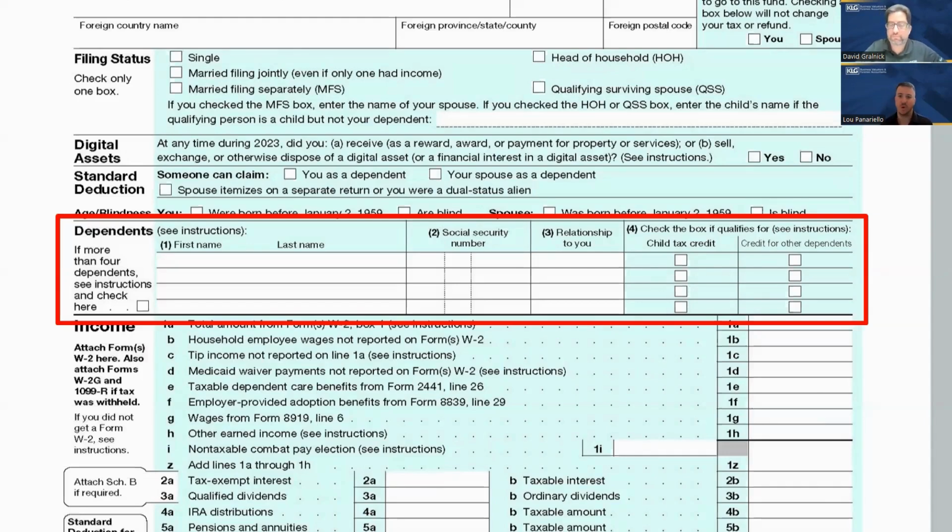Okay, so why is this important? Who's claiming the dependents? If you're filing separate tax returns, married filing separate, or the marriage is done and the divorce is complete and each party is filing a single tax return, who's taking the dependents? Both spouses cannot claim the same dependent. So if there's one child, you have to negotiate who's going to claim that dependent and get that tax credit